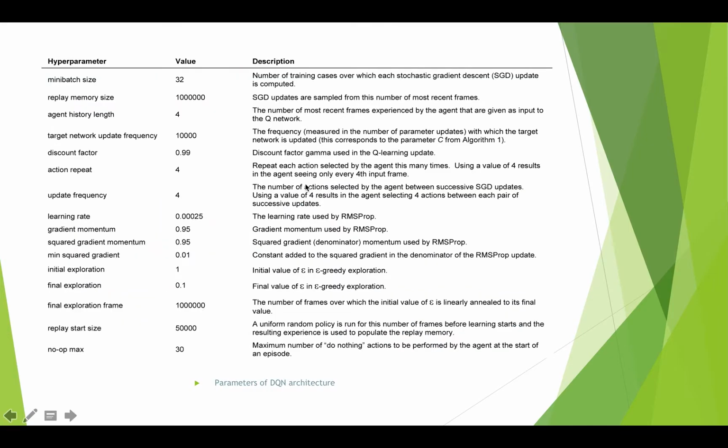So here are the parameters used in this Deep Q network. We can see here the mini batch size is 32, which means that using experience replay, every time we get a small batch of 32 experiences stored in the memory, and use this small batch of experience to train our